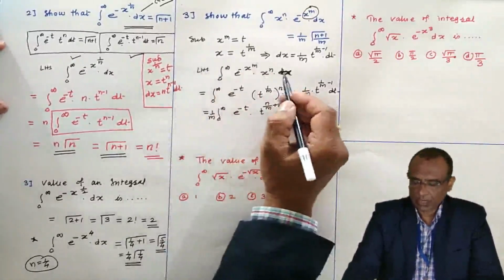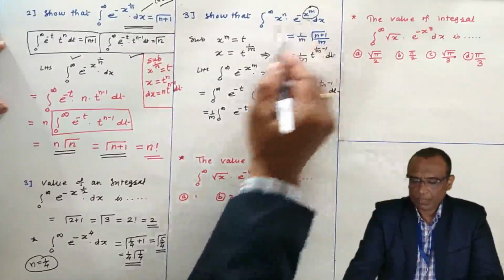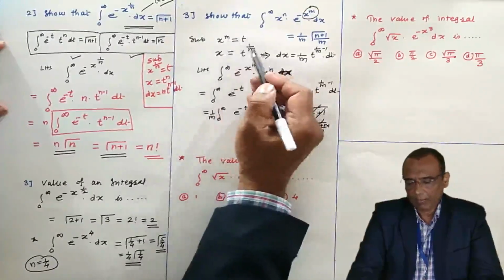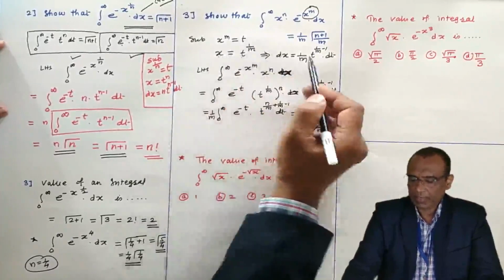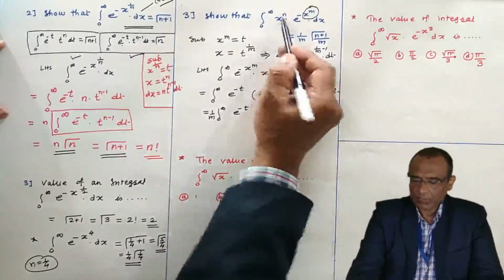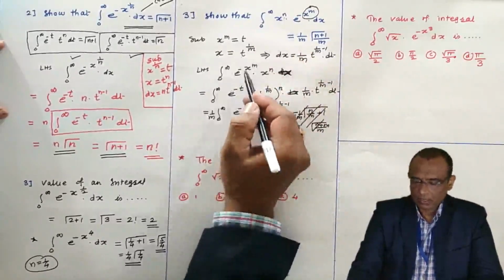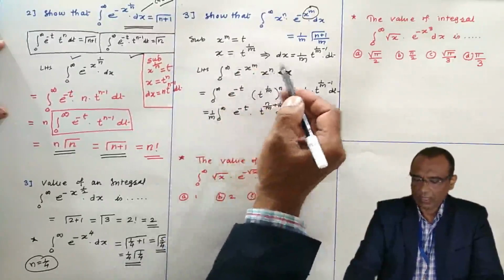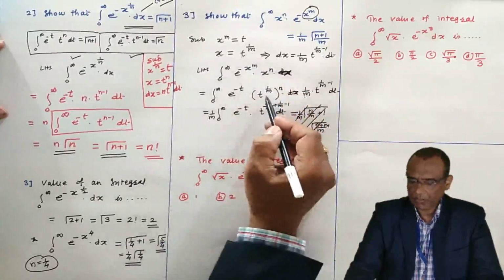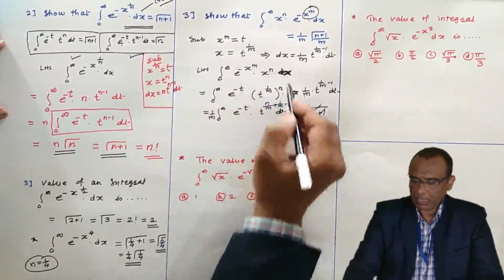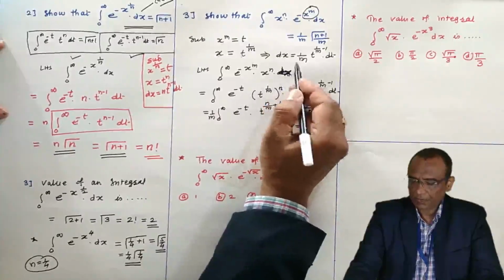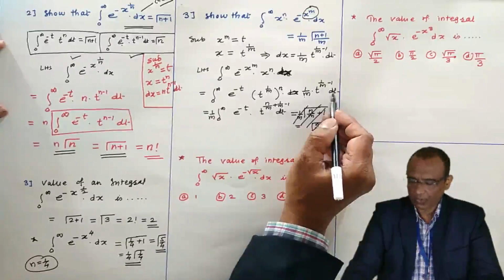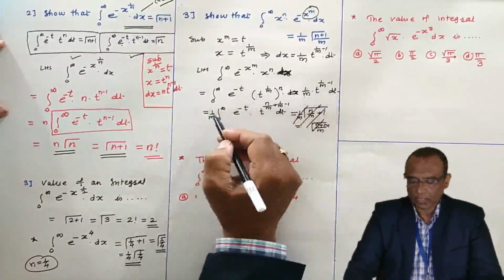Now I am going to repeat this once again. Here, x to the power m is equal to t, x is t power 1 by m. Take the derivative on the right hand side. This is the left hand side I have considered. Then x power m is t. The value of x is t power 1 by m that I have substituted. n is as it is, and the value of dx is 1 by m, t power 1 by m minus 1. This I have substituted. 1 by m is a constant, take it outside.